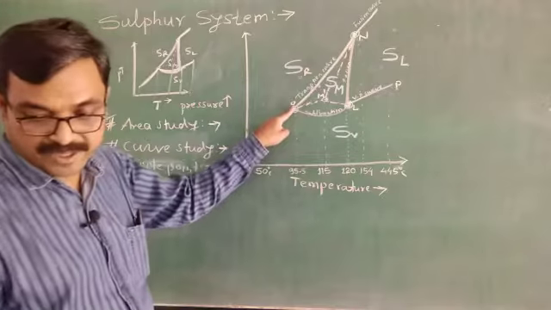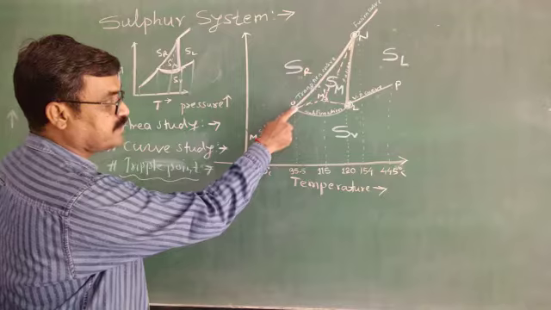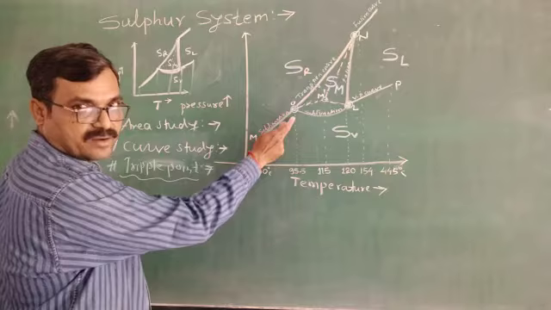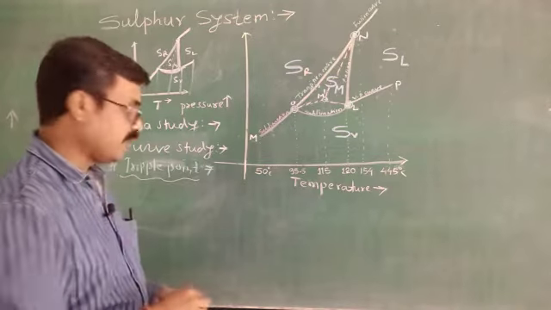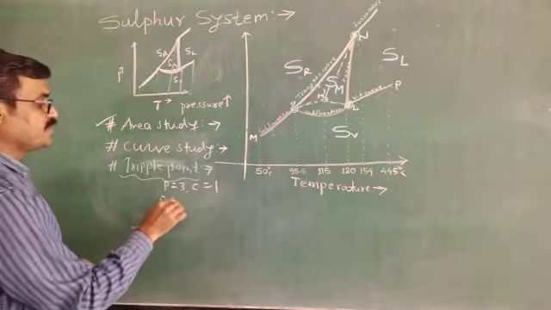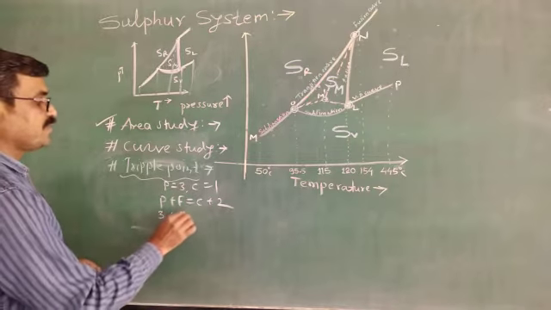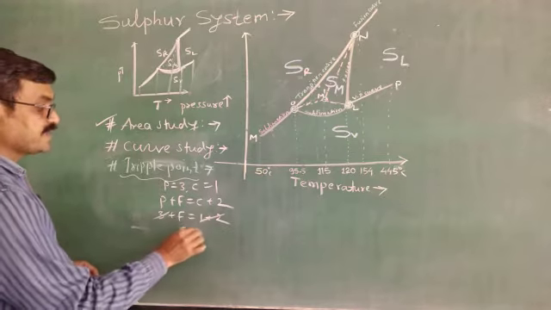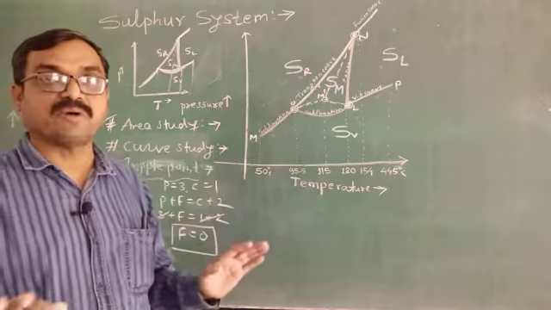See, this is triple point O. At this triple point O, which phases are in equilibrium? Sulfur rhombic, sulfur monoclinic, sulfur vapor. Okay, means P equals to 3, chemical composition 1. Again the phase rule gives P plus F equals to C plus 2. Put these values. Again 3 gets cancelled. Yes, this system is a non-variant or zero variant.